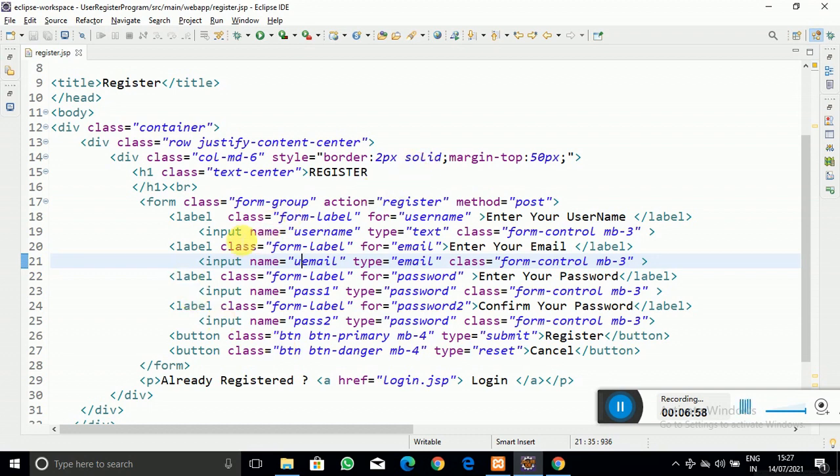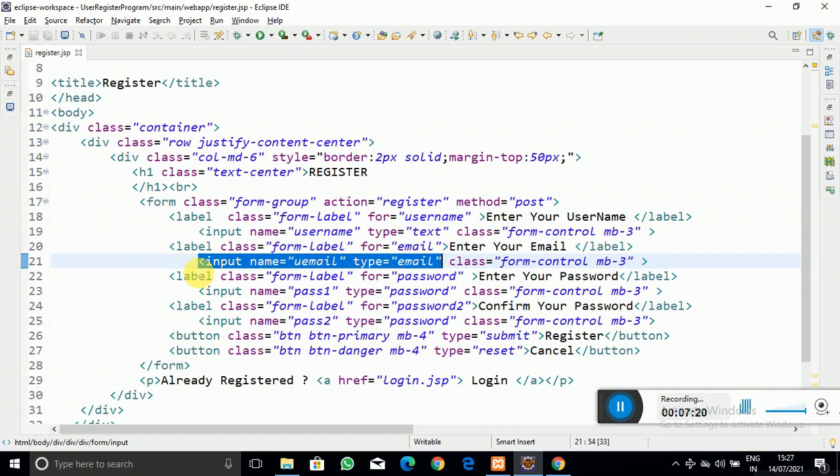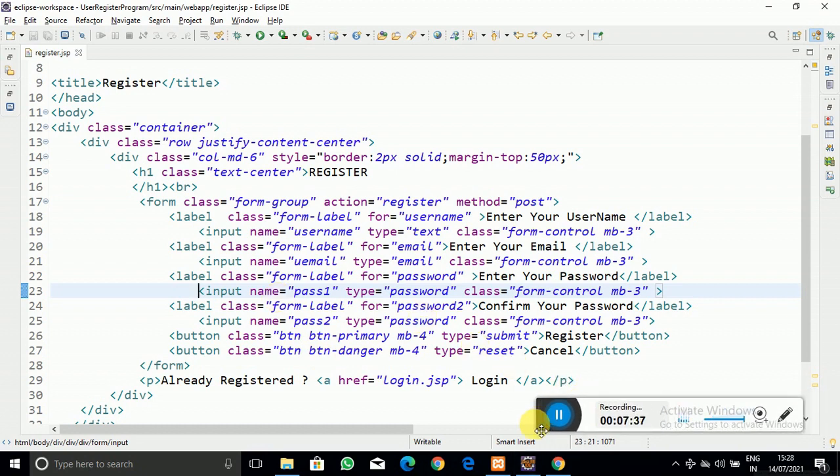The main thing is that I have given the name attribute to the input fields. The first input type is text, whose name is username. Another one is input type email, and I have given the name as email. Similarly for the password, pass1, and for the second password, pass2. In this way our registration form design is going to be completed.